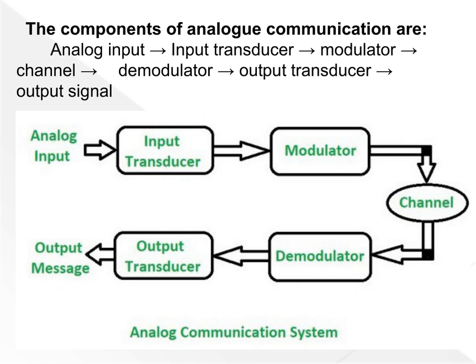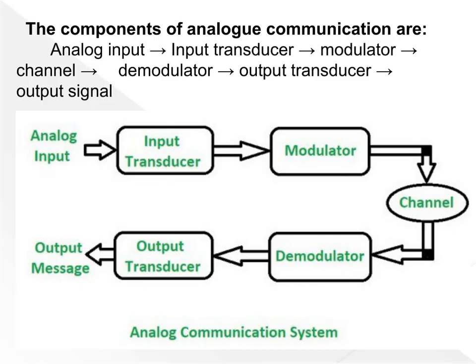Next, the modulated signal travels through the channel, which is the medium, such as a wire or air, over which the signal is sent. Upon reaching the receiver, the demodulator comes into play, extracting the original information from the transmitted signal. This is followed by the output transducer, which converts the electrical signal back into a physical form, like sound or light, that we can interpret. Finally, we get our output signal, which is essentially the original information reconstructed and ready for use. Understanding each step helps us see how analog signals are processed and transmitted efficiently, connecting the physical world with the